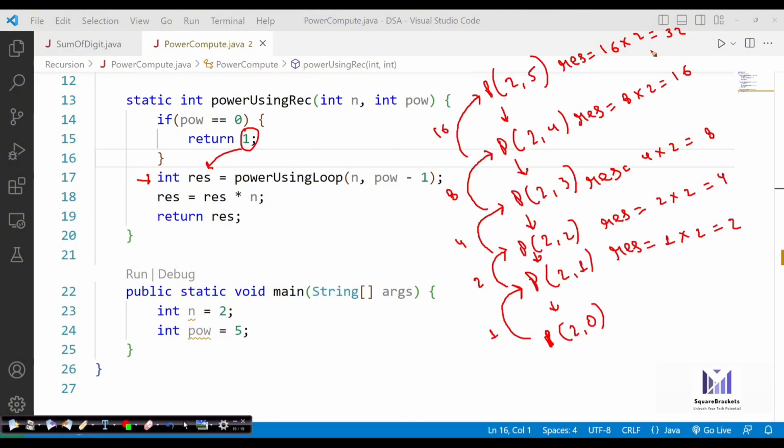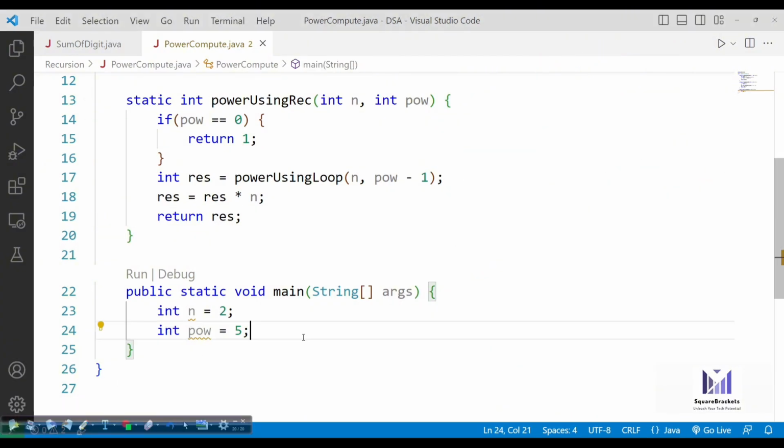This is the exact calculation that goes on behind the scene in the recursion version. I hope you are able to understand that if we use recursion for this particular problem statement, this is how it is going to work. First it keeps on storing the calls in the stack, so power is decreased down to 1. Once it is decreased, I can start performing the calculation and it will keep on returning the result to the upper stack call. That's it. This is the internal working of your call stack.